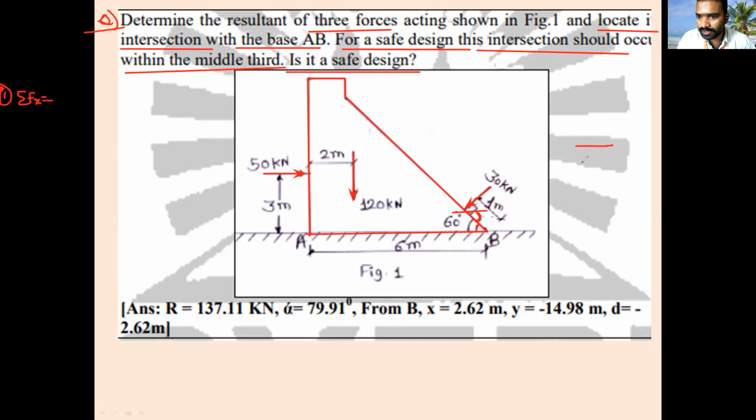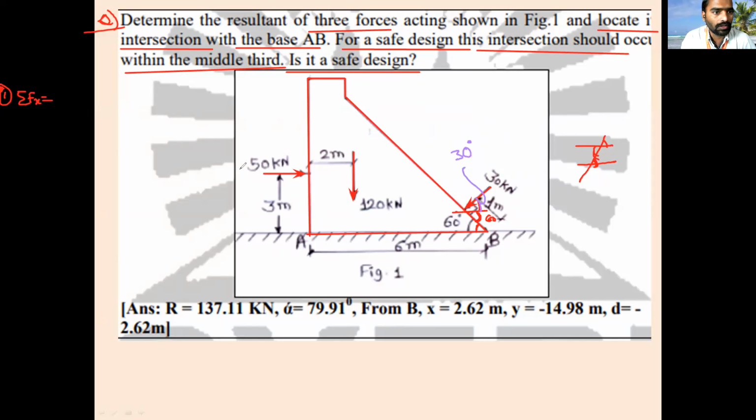When you consider two parallel lines with a line cutting them, this angle and this angle are both the same. It means this is 60. If this is equal to 60 degrees, how much is this angle with respect to horizontal? 30 degrees. It means this 30 kilonewton force is making an angle of 30 degrees with respect to horizontal. Is it clear, everyone? Yes, sir.